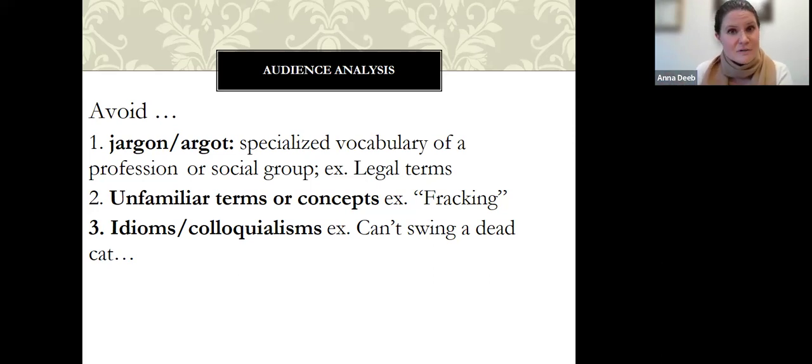And one of the things he will say is, you can't swing a dead cat without hitting someone with this thing going on, okay? It just means that everybody is going through this thing. Like, you can't swing a dead cat without hitting someone who's been depressed or who's been anxious. It's just so common, all right?